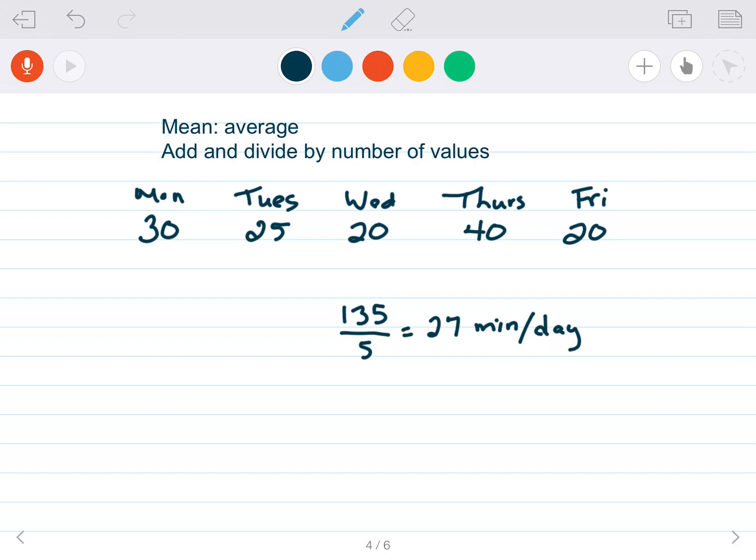Let's say you are a kid that gets hundreds all the time. You are constantly doing your work, you do a good job, you're high 90s, hundreds, but then you forgot to do one assignment, right? When you have something that is considered an outlier, meaning it is a value that is outside of what you see frequently or typically,